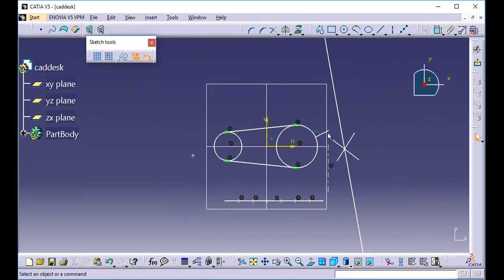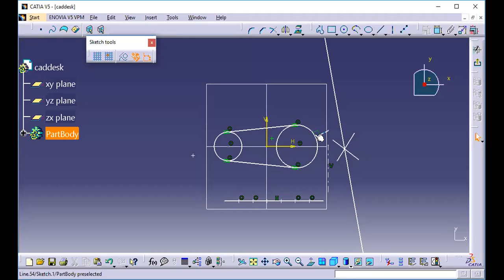So any doubt in all this? These are simple. All of you have done AutoCAD, so it's not a big deal to learn all these things. The important thing is how to control the mouse. You should just learn it. Already I told you what the functions are and how to do them through the mouse. For zoom in and zoom out, press the middle button, one right click and drag the mouse. It will allow you to zoom in and zoom out. If you want to rotate it, still it is not required, because only when you go to the 3D model will it be required to rotate the model.